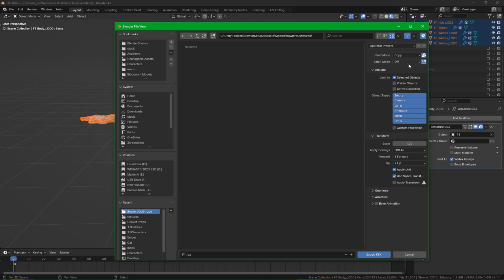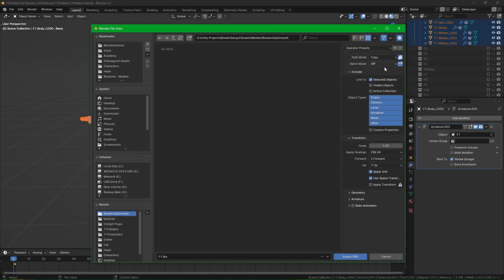Batch mode, don't worry about it, it's for if you want to export. For example, if we wanted to export all the characters here, that would be scene collections, and it would probably name them correctly, but I'm not going to try that because that's something I've not tried before. This custom properties doesn't work inside Unity. I don't think it works on this FBX exporter in general because it doesn't write the custom properties as far